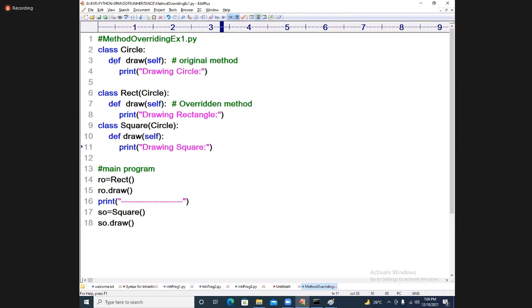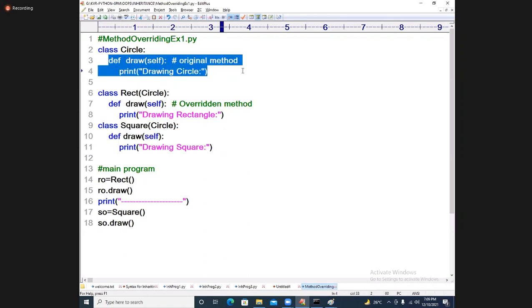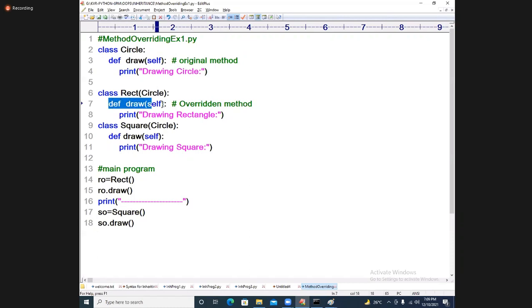Simple. You are buying a car from the car showroom, registered in your name. Car is same and registered in your name. Car is same, registered in another person's name. Car is same, registered in different people's names. Overridden. Are you understanding or not? Come on, all the students who are online, please speak up.